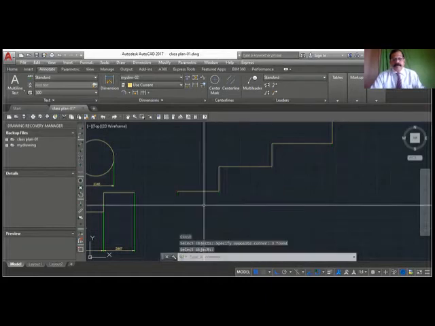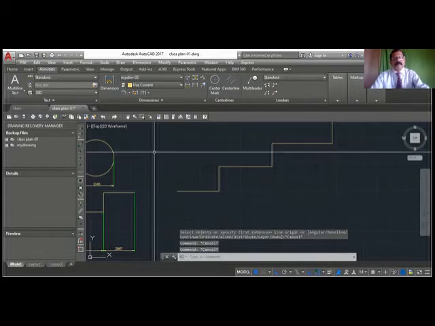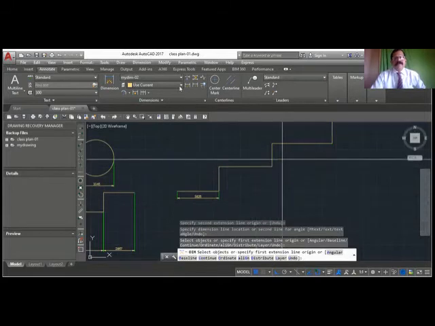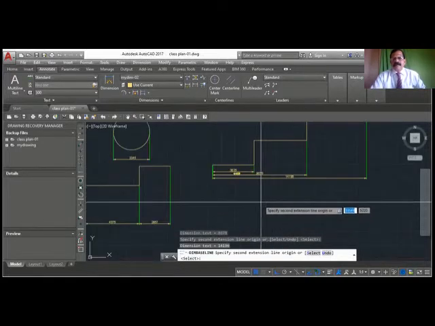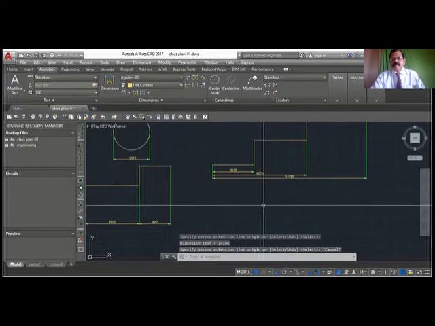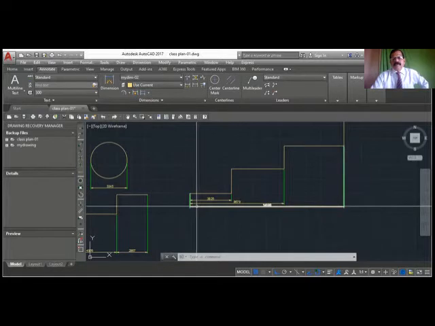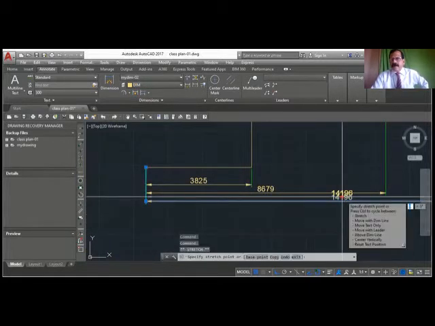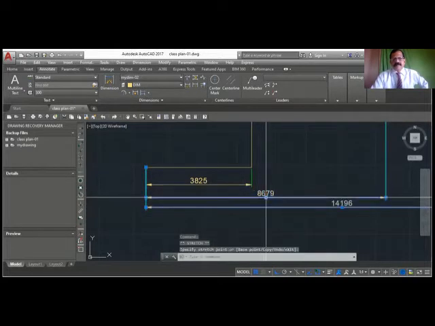Repeat again. We have done one dim lin. I want to do dim base, so I'll go here, select the baseline, select the second point, select the third point. You can see that it is giving everything from the base. So this is dim base. This dim continue and dim base are very useful. And later, if these are touching, you can select it and take it a little down and up. You can adjust the location and other things.